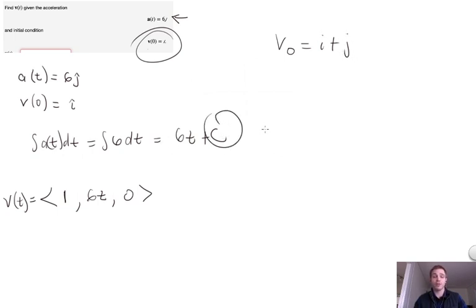This c, the v naught, is our velocity in the j direction, so we would have had 6t plus 1, right? This is v naught, so it's the component in the j direction. And I'm sure you're going to get to a problem here shortly where this is the case. If you get there and this doesn't satisfy your curiosity or understanding of what's going on here, please